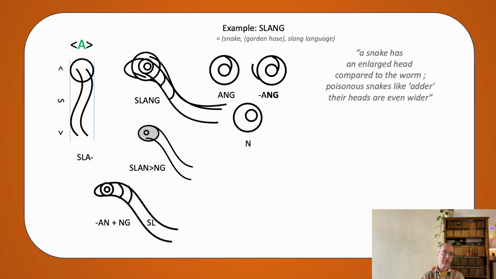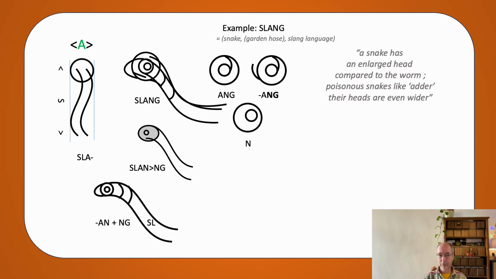Okay, so I already told you that A cannot be much larger than the wave form, so that's what we already know. But because of the ang, it will be larger, so you know already. So it is not slang, but slang. So the head should also be a little bit enlarged, because that focus is important. It's the smaller part in the large, so it's almost like the eye into the head, into the larger structure than the